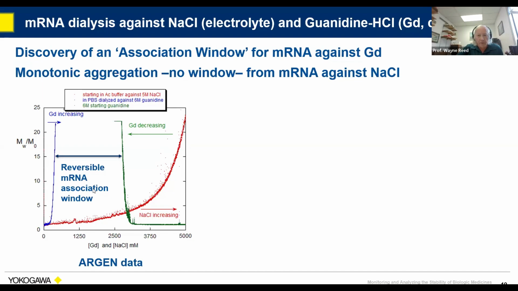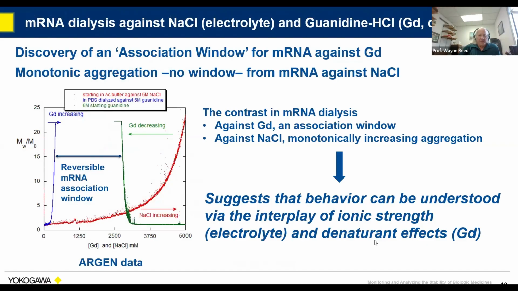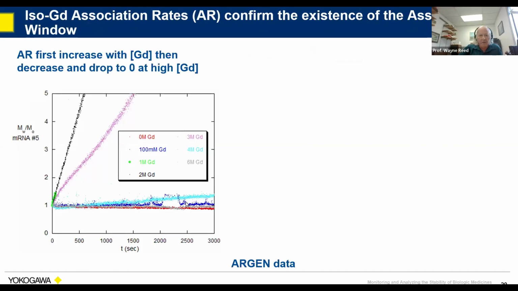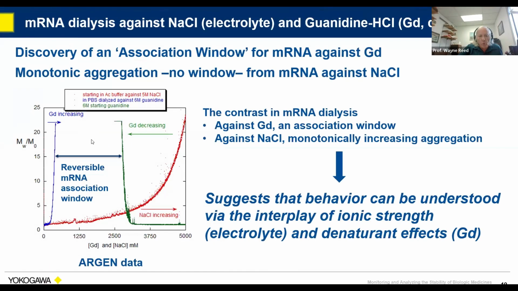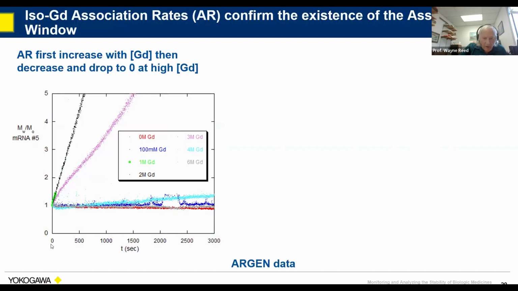So the idea here is, by looking at the interplay, or how the biologic behaves when interacting with a denaturant, guanidine hydrochloride, and with just a simple electrolyte, we can kind of untangle what the effects are behind the instability. And this is very interesting. In this window here, so that's over a certain concentration of guanidine, if we just take in the Argen and put the sample at a fixed value of the guanidine, you can see it follows the window quite well.